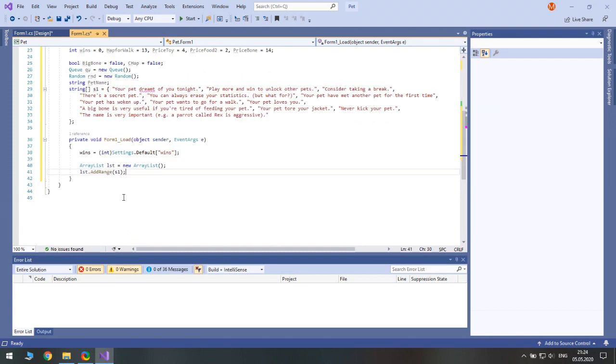In order to make messages random, we still need to go over the elements of this array list, so we will use the while loop.